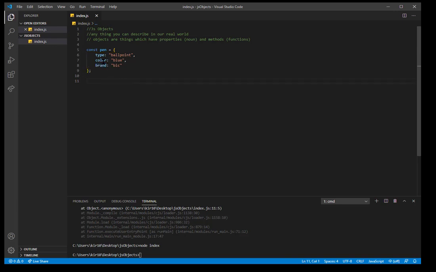When we think about properties, we think of things that would define a pen in general terms. These things can change, right? A pen can change in these values, but the property names stay the same. A pen will always have these properties. All right, so let's